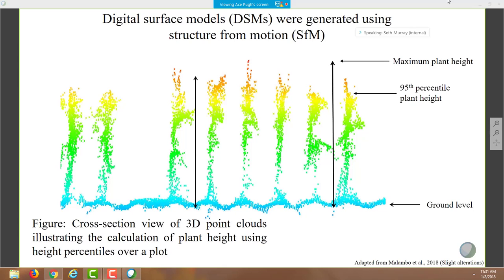Justin asks, as leaves senesce, the 95th percentile will be lower, which could explain the decrease in height over time. It's very unlikely that stem height itself decreases appreciably. I agree. I basically offered stalk shrinkage, which I think is an outside possibility that we can't say is the reason until somebody actually looks into it.